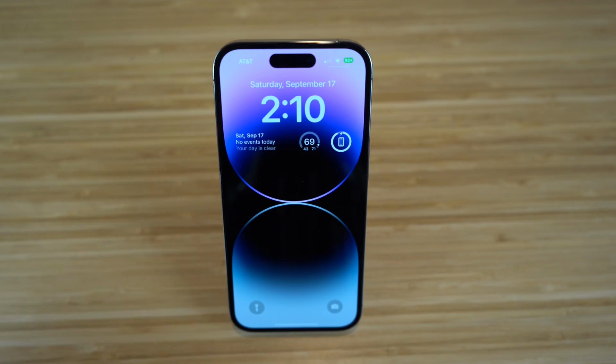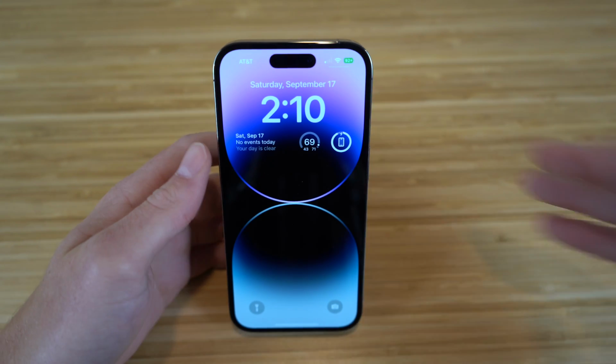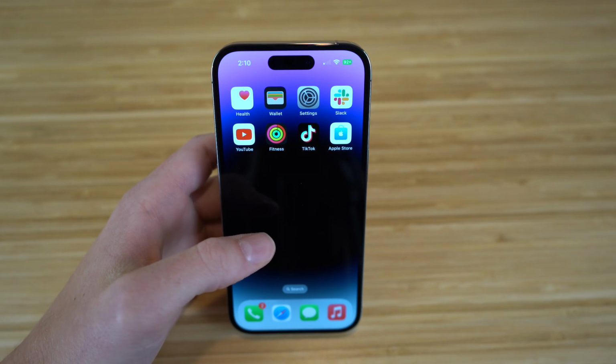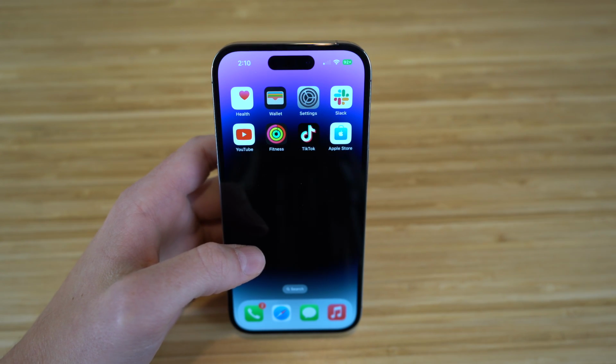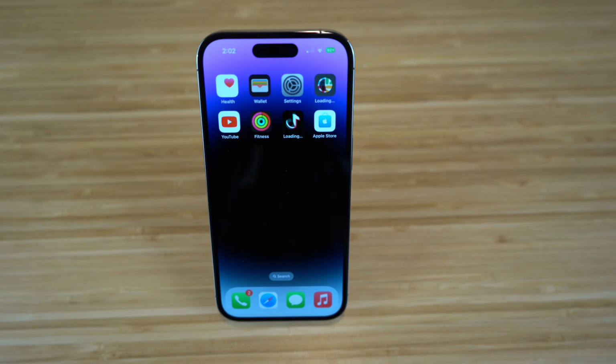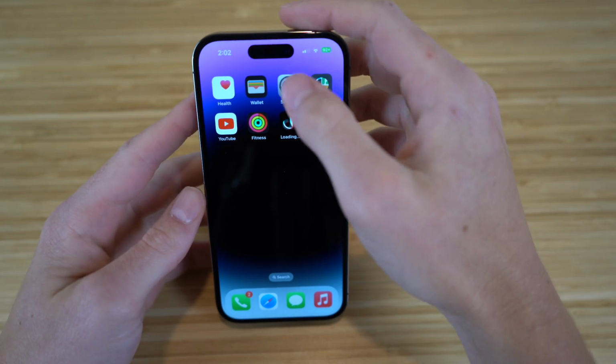iPhone 14 has a new Super Retina XDR display, and as you can see, it is completely incredible. It has such a nice display and aesthetics to this new screen, but I want to show you a few ways you can customize your display just to get started with your new iPhone 14. But the first thing we're going to want to do to get started is go to settings and make sure